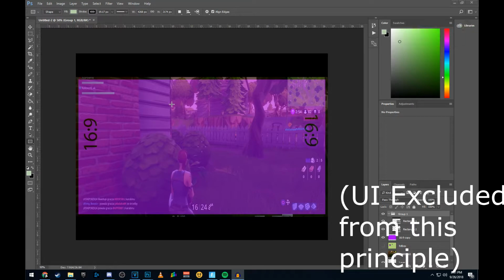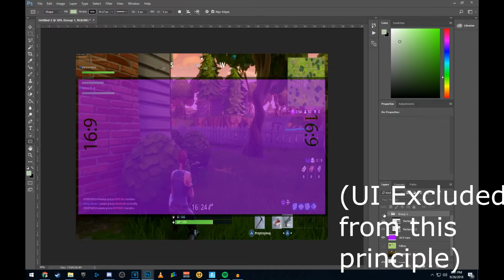Okay, so here's an example of how Fortnite works. So let's say this is your view, right? In 16 by 9, this is what you'd be seeing. Basically, what you wouldn't see on your screen are small areas up top and on bottom that your FOV would normally allow you to see, but you currently can't see. So, if you remove those,